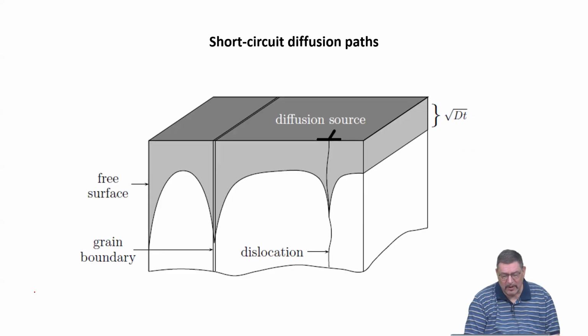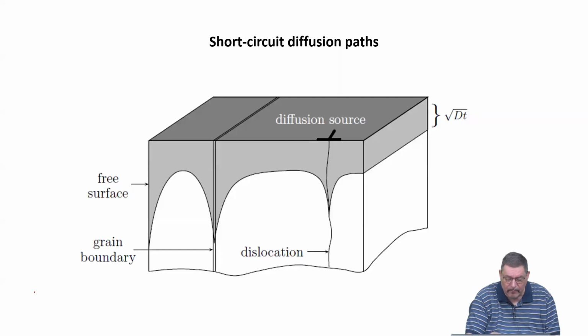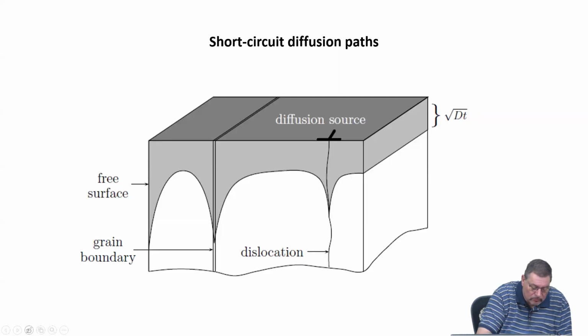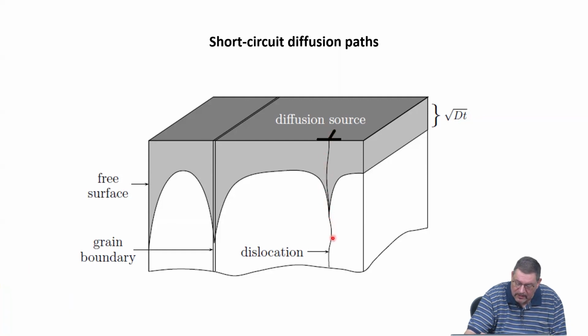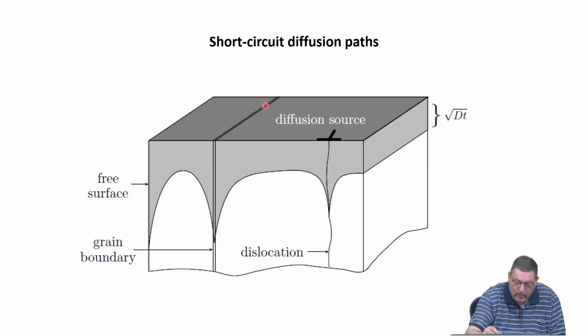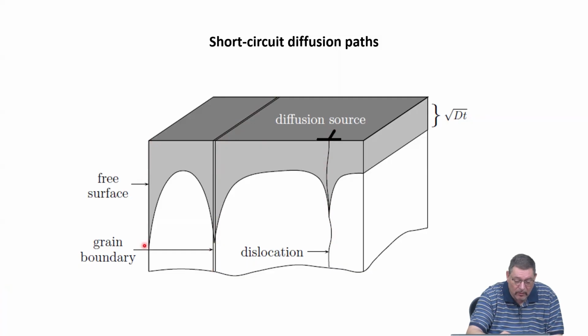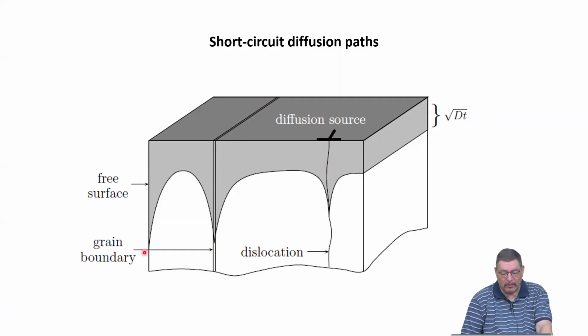This is what we are now talking about. We have a polycrystalline microstructure and we have defects. And these defects could be dislocations, so basically quasi one-dimensional short circuit pathways. They could be the grain boundaries. So I indicated this here as a slab of material. And obviously we also have to always think in experiment about a free surface as a diffusion path.